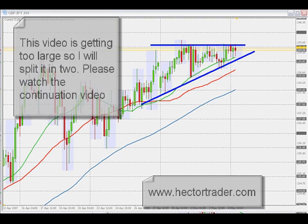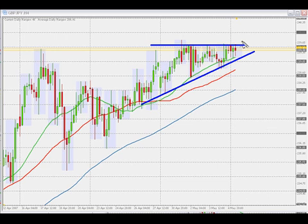Okay, if I do enter, if I find an entry, which should be, as explained before, around there, where will my stop loss be? Well, my stop loss, of course, will be below